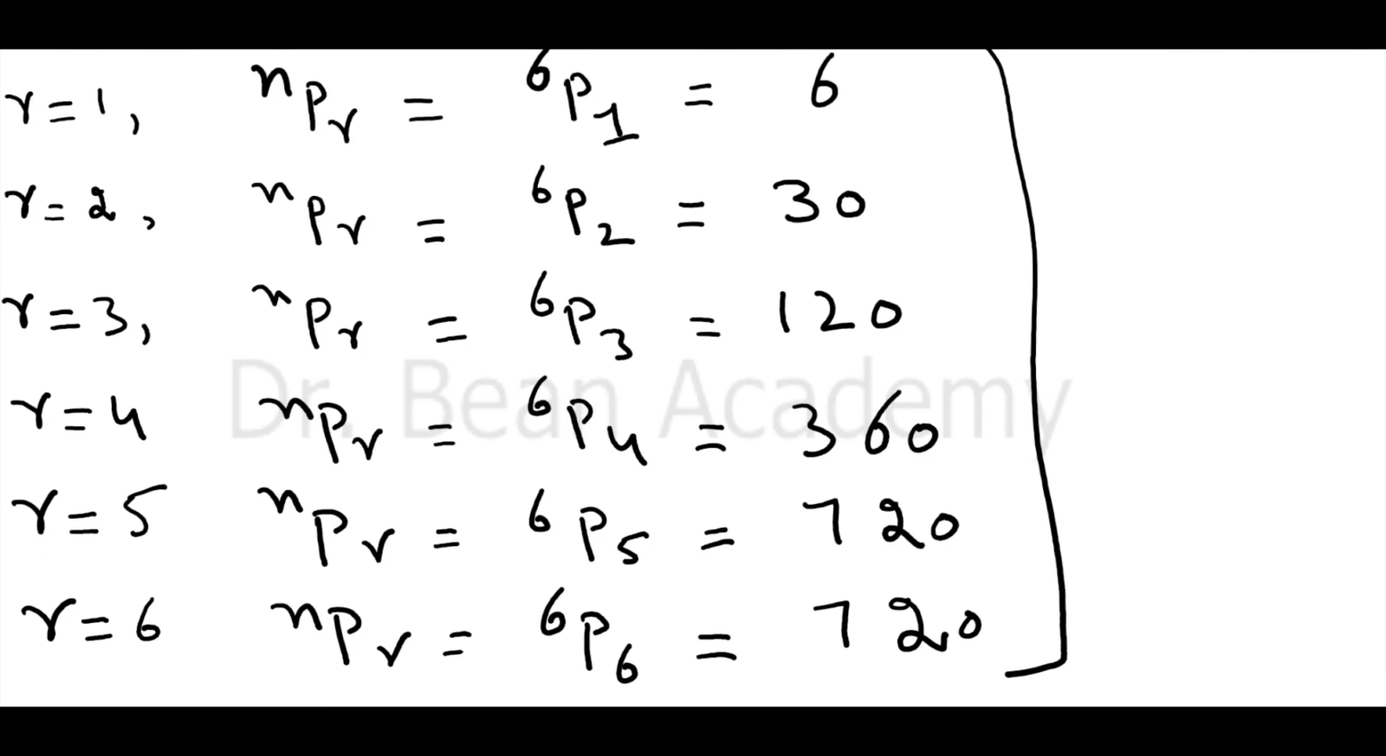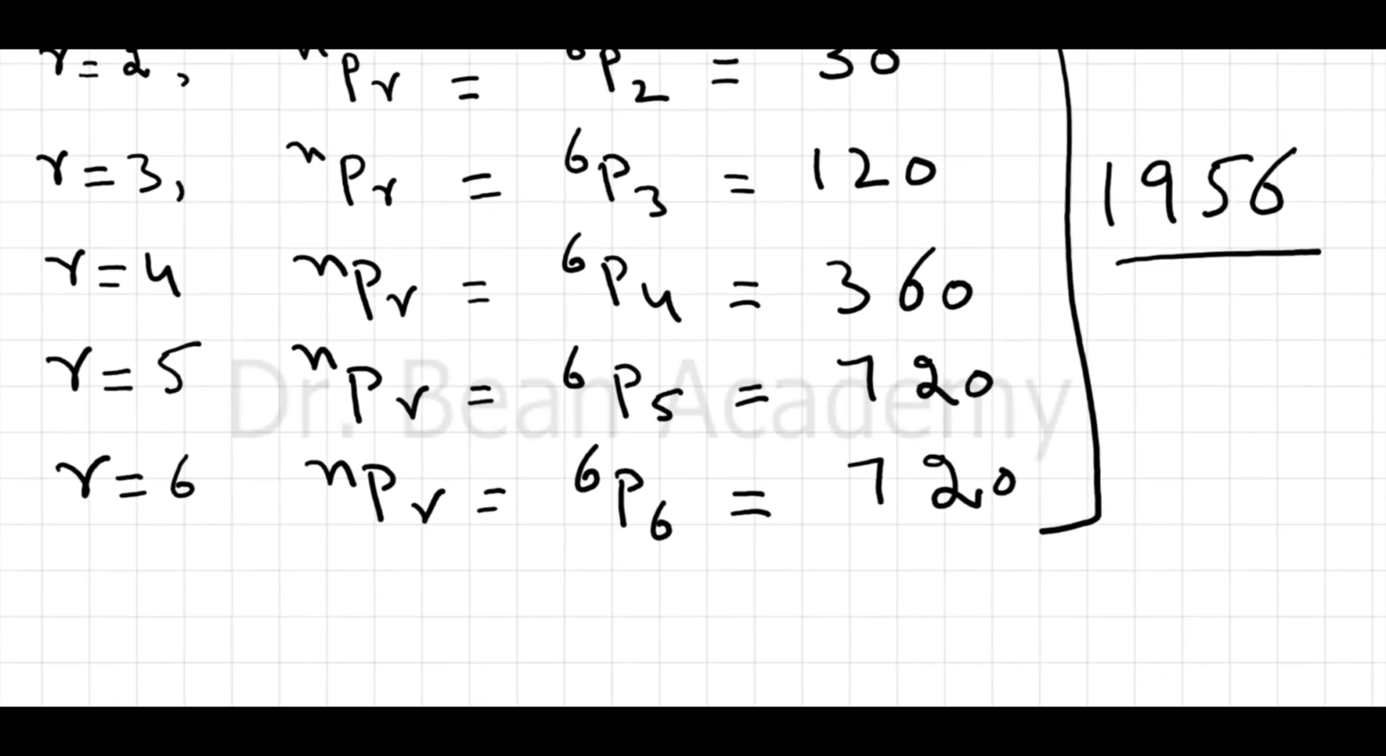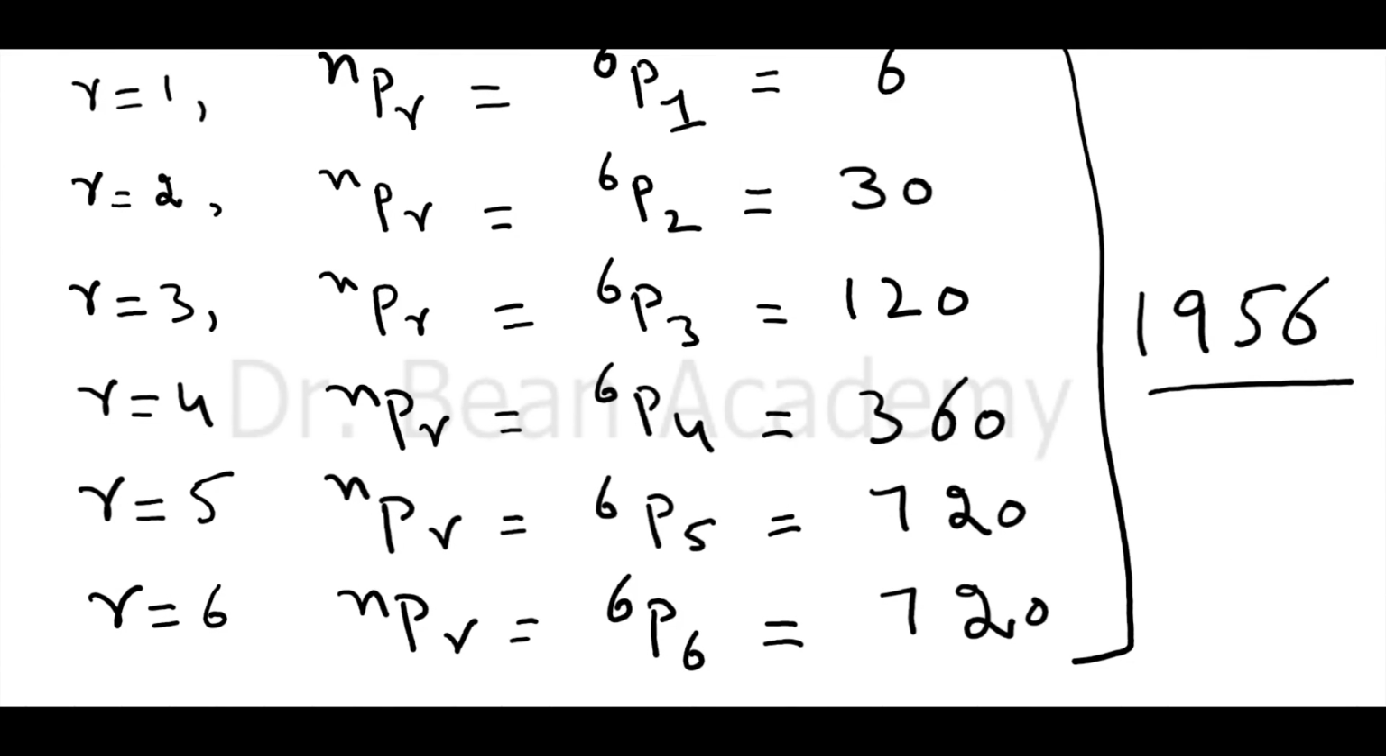So now I will use my calculator to add 6 and then 30, 120, 360, 720 and once again 720. So the total number of permutations is 1956. You can give a number of signals 1956. That's quite a large number, you see. So if you use any number of permutations,